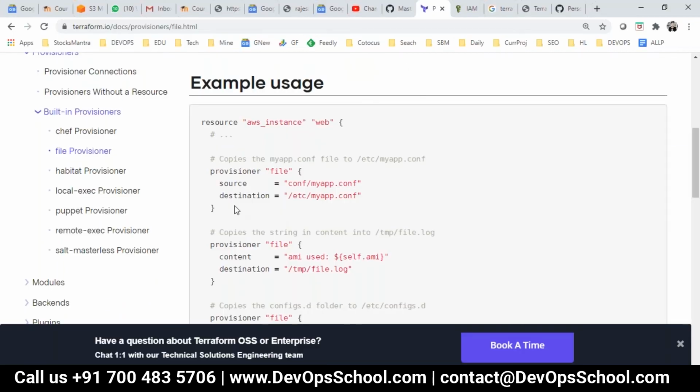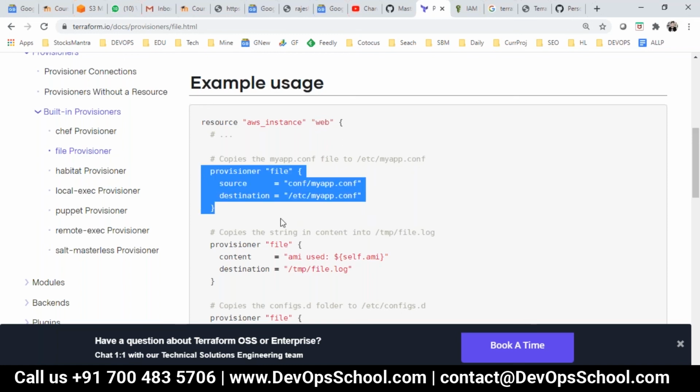But now you can add a file provisioner inside that. Source to destination: the source is the current location on your laptop, and the destination is the resource created inside web. So you can use the file provisioner for copying.